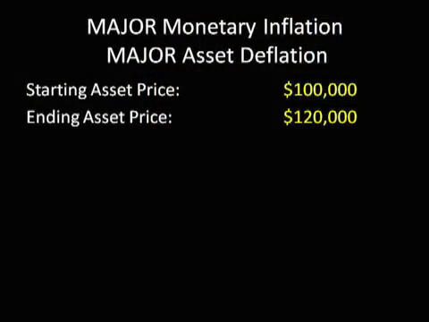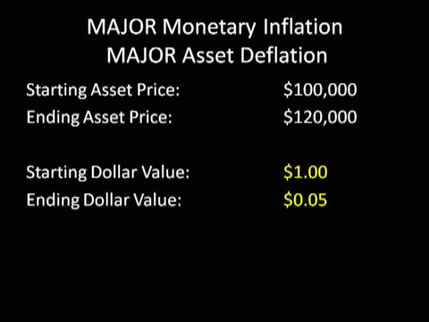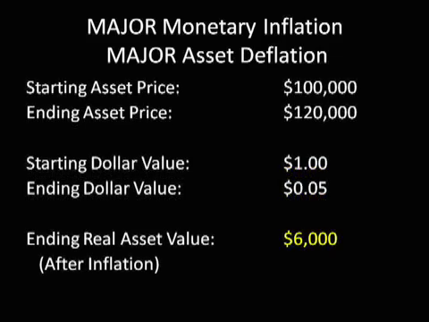And what makes it even more troubling is, what if the dollar drops to a value that's much lower than 67 cents? Okay, exact same situation from an Econ 101 perspective. Starting asset price of $100,000, ending asset price of $120,000. Only this time, a dollar ends up being worth only 5 cents. So if we can sell our asset for $120,000, but each dollar is only worth 5 cents, what happens to the real value of our asset, its purchasing power, what it will buy for us? It dropped all the way down to